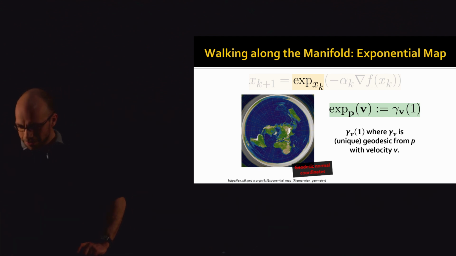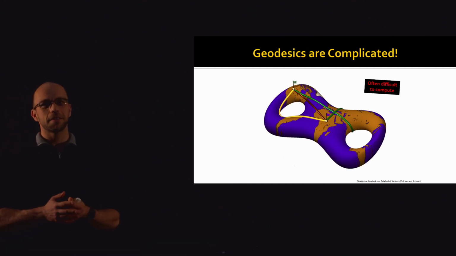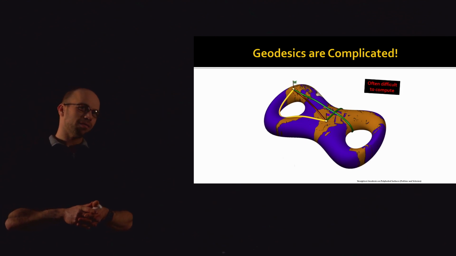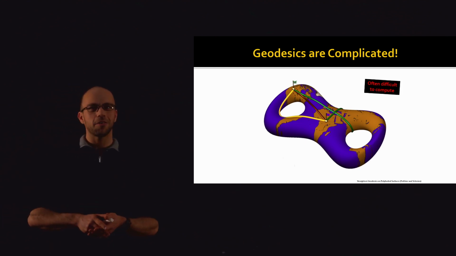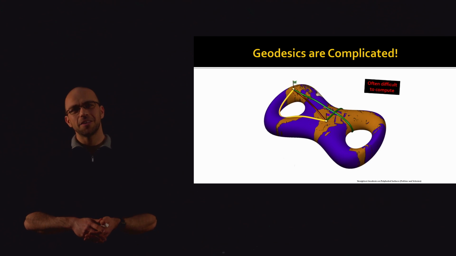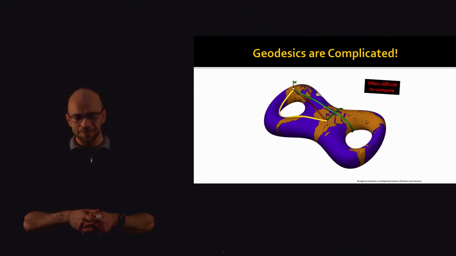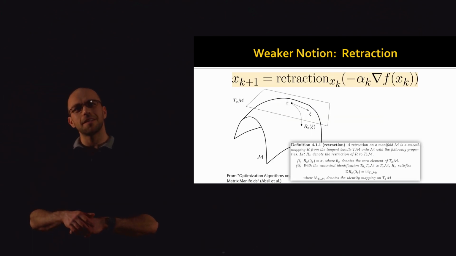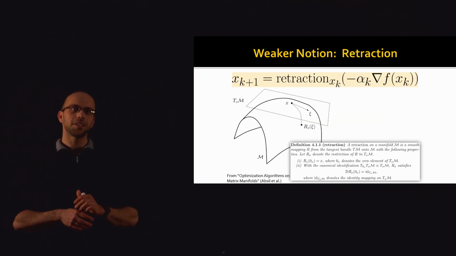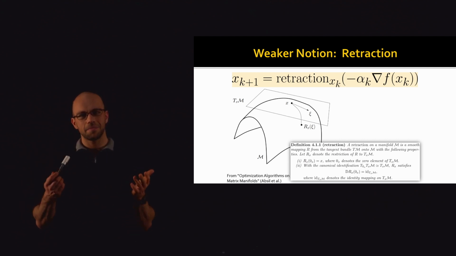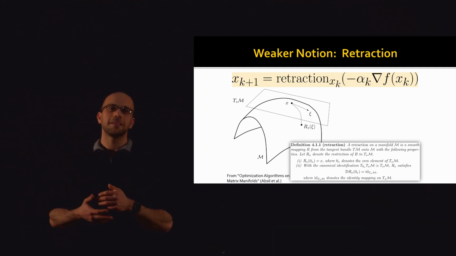I think a very high level takeaway from our discussion of geodesic curves from a long time ago is that geodesic curves are complicated, right? They satisfy this crazy ODE, and they're often hard to compute, especially on general spaces. But one of the nice properties of manifold optimization, and in particular this first order gradient descent technique, is that you actually don't need a perfect geodesic. It turns out that there's a weaker notion which is perfectly fine and has similar, if not identical, convergence properties